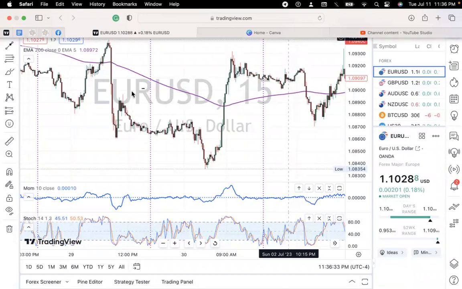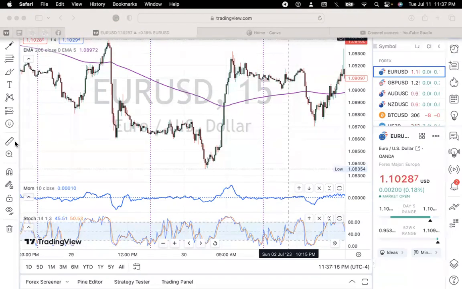So here we can see the market was below the EMA for some time. We see that it hit its low and it started to go back up. Okay, perfect. So in order to know that this trade was going to continue to buy and it wasn't going to resist off the EMA, we have the cross up. It's crossed above the 200 EMA. We also have the momentum line facing up. Another confirmation for a buy. And the stochastic, look at that, y'all. It's facing up. Plus, it has crossed above our dotted line,